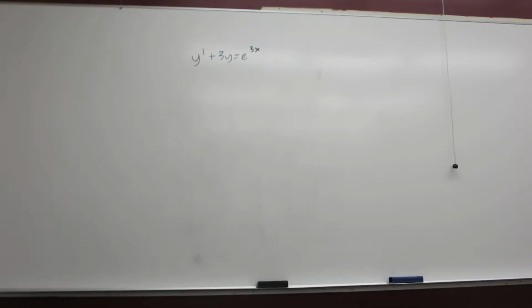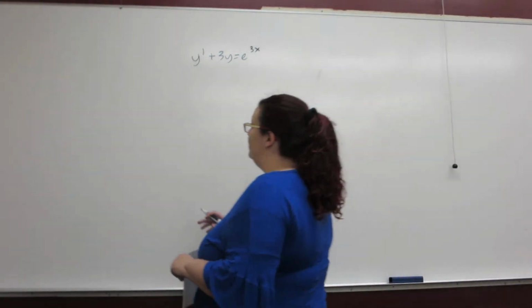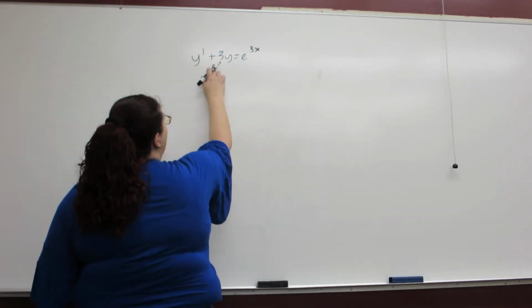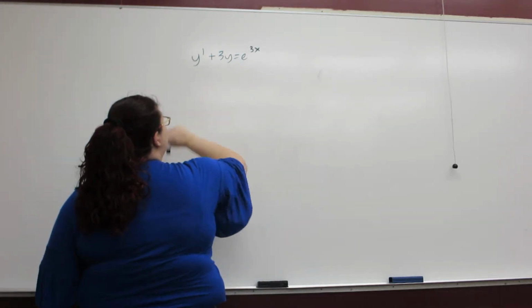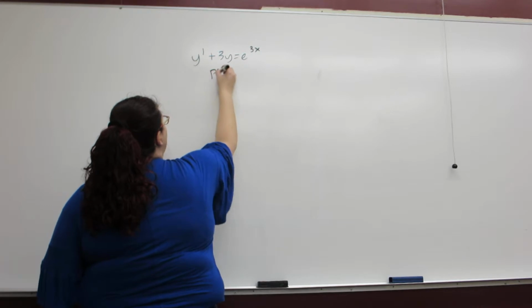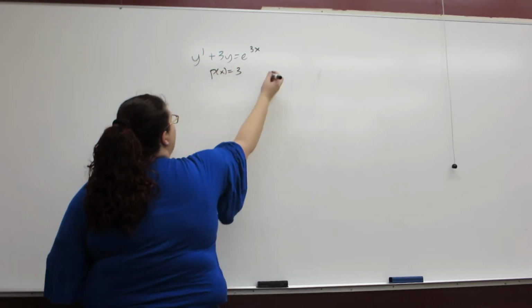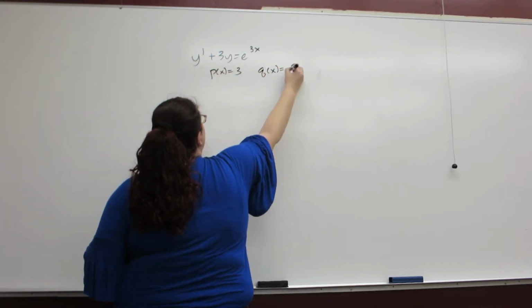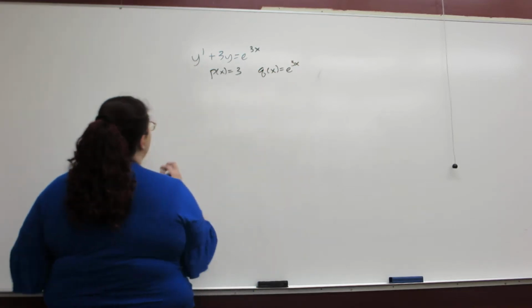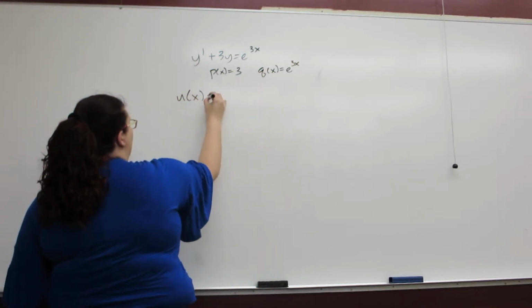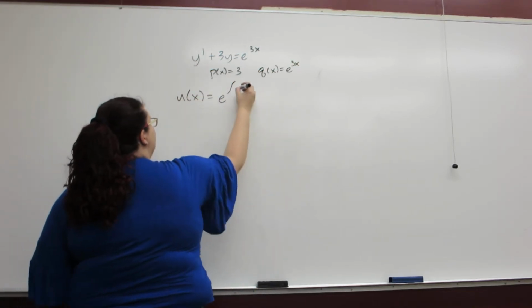We're going to look at a first order linear differential equation, which will be solved by use of an integrating factor. The first step is to put it into standard form, which is y prime plus something times y equals something else. This first something is called p, the second one is called q. Now I need my integrating factor, which I will call u, and it is always e to the integral of